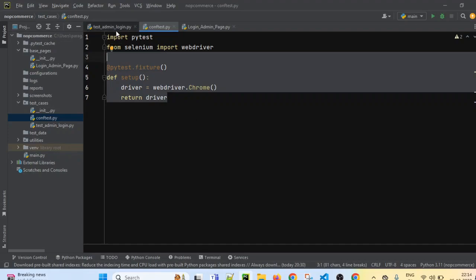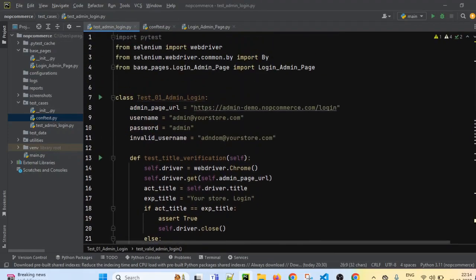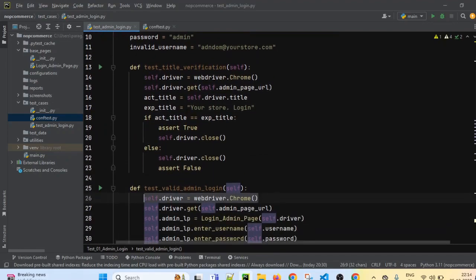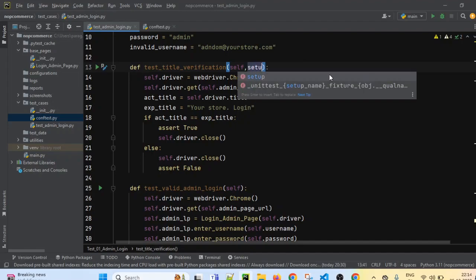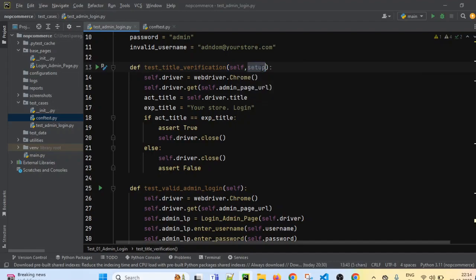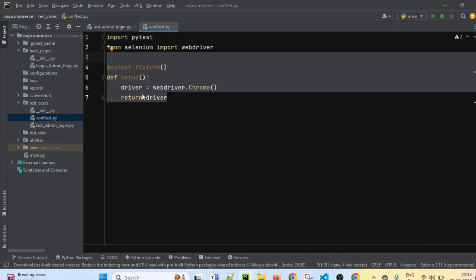Now in our test case file, the admin login test case, instead of writing webdriver.Chrome every time, what we can do is add the setup fixture here, and I can use this setup directly. self.driver equals setup. So it will call this fixture and return the driver.